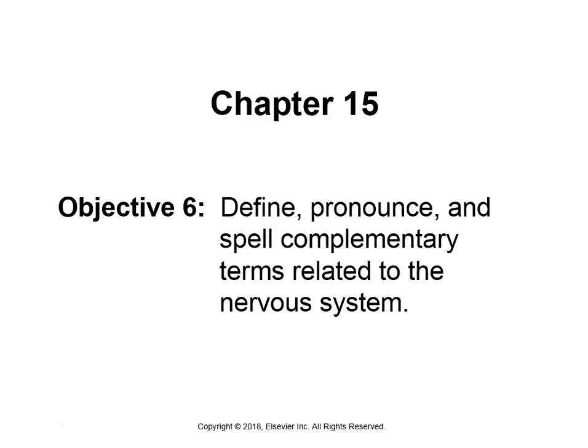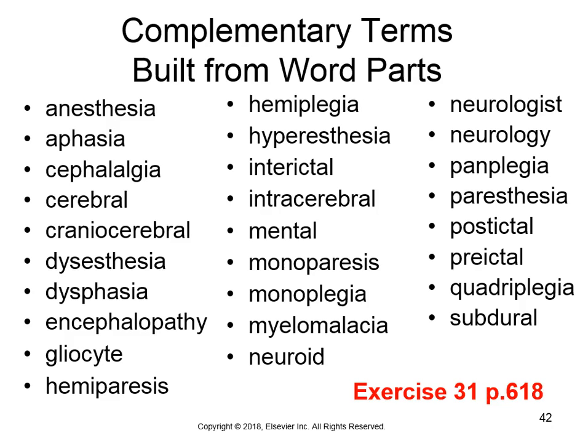Okay, so this brings us to complementary terms. Whew, there's a ton. All of these ones are from word parts, so take a breath. Whether it's different types of pain or different types of paralysis, you should be able to put these together. I do want to point out a couple. If we remember,